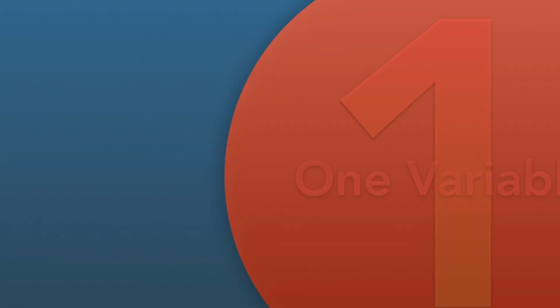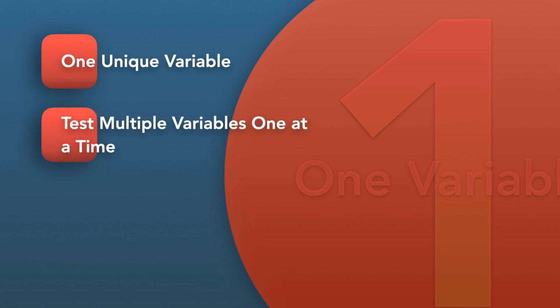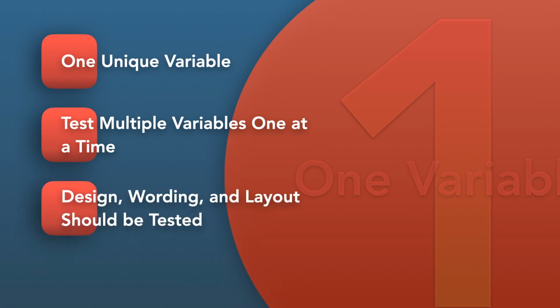At the core of the process is the choice of one and unique variable to test against the control version. This is the only way to truly conduct this experiment and measure the performance of the change. You can of course test more than one variable for a single email, but just be sure to test them one at a time. Look at the various elements in your marketing resources and their possible alternatives for your design, wording, and layout. The things you might want to consider for testing include subject lines, all elements of personalization, words, pitches, images, CTAs, wording, color, and shapes.